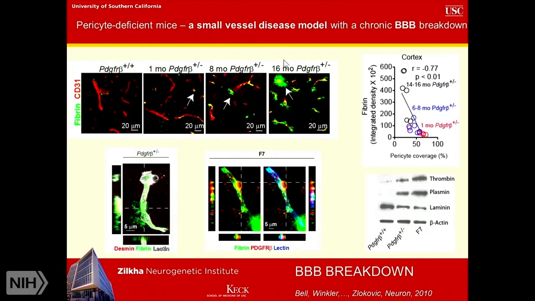So our model of small vessel disease, that I call small vessel disease only for you this time, is usually the pericyte-deficient mouse model, characterized by very strong blood-brain barrier breakdown. As you can see over here, this is fibrin extravasation, and that correlates with the loss of pericyte coverage. The more you lose pericytes, the more accumulation of fibrin. And also there is accumulation of other molecules coming principally from blood, such as thrombin, plasmin, that degrades neuronal laminin,